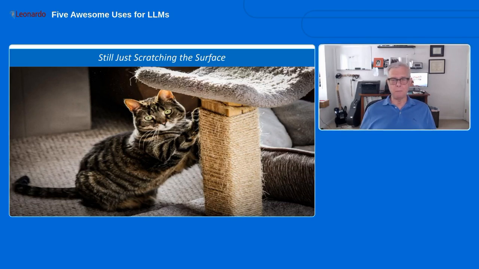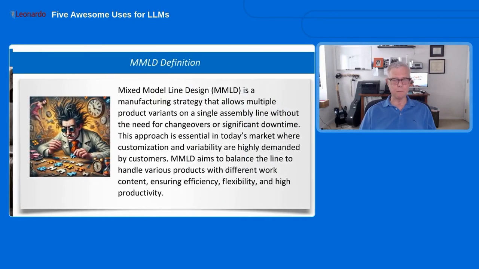So keep in mind, we're just scratching the surface here in 2 ways. We're scratching the surface in terms of how ChatGPT or large language models can be used right now, because as you just saw, there are at least 25 and probably a whole lot more potential uses right now at its current state of maturity. But also we're just scratching the surface in terms of the maturity of large language models. And I'll share with you something that OpenAI came up with to scale or kind of classify levels of maturity for these large language models and where we are today.